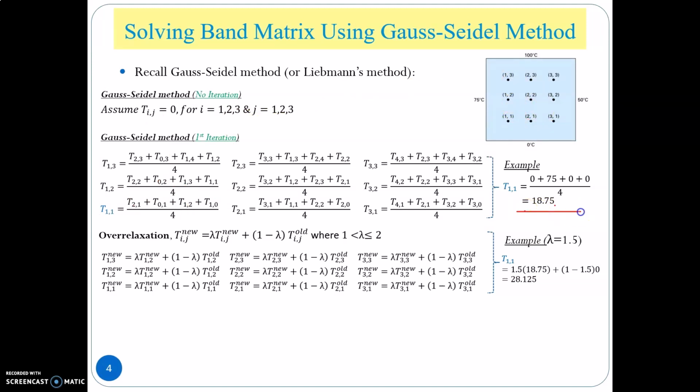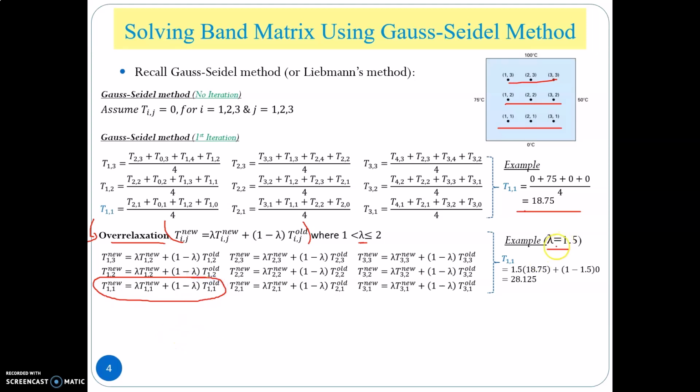By using the same method, you can find the temperature at other points, and then you proceed to the over relaxation. So this is the formula. Lambda can be chosen from 1 to 2, and if you choose a suitable lambda, then fewer iterations are needed to achieve an accurate solution. In this case, we choose lambda to be 1.5, and to find the T11,